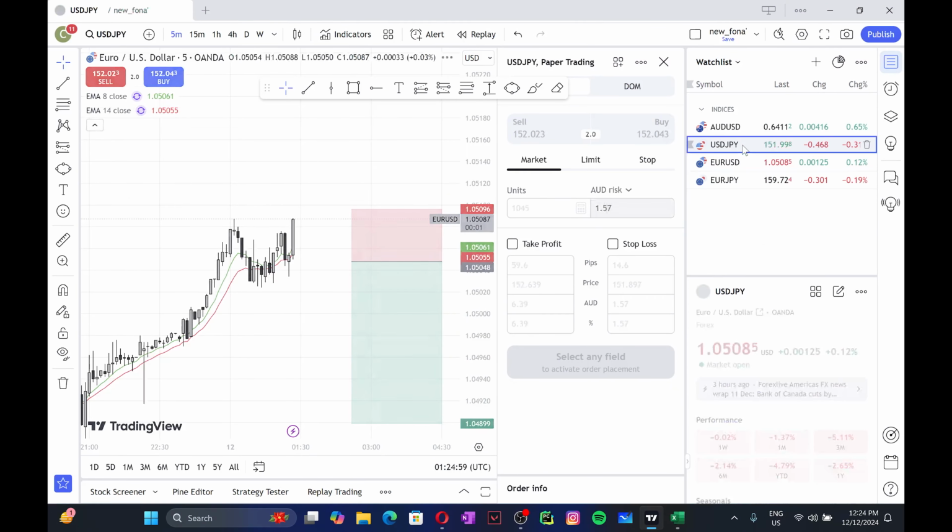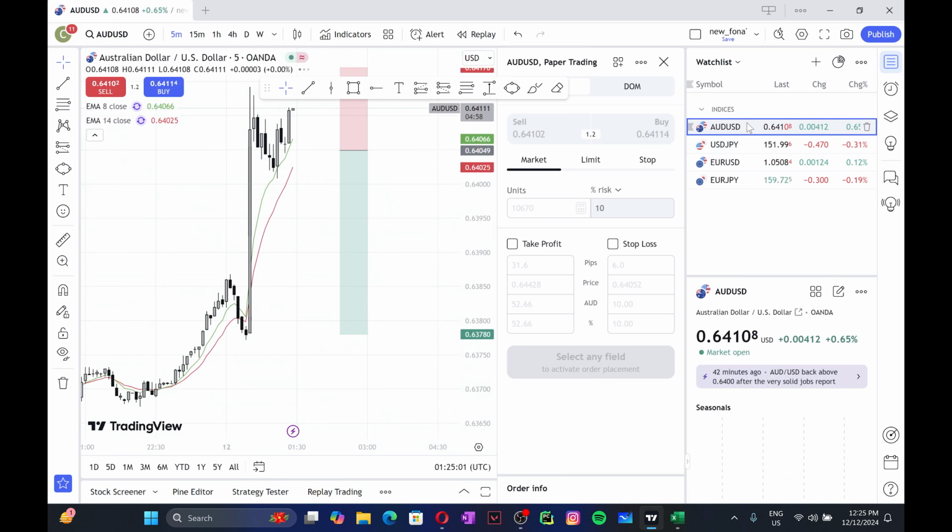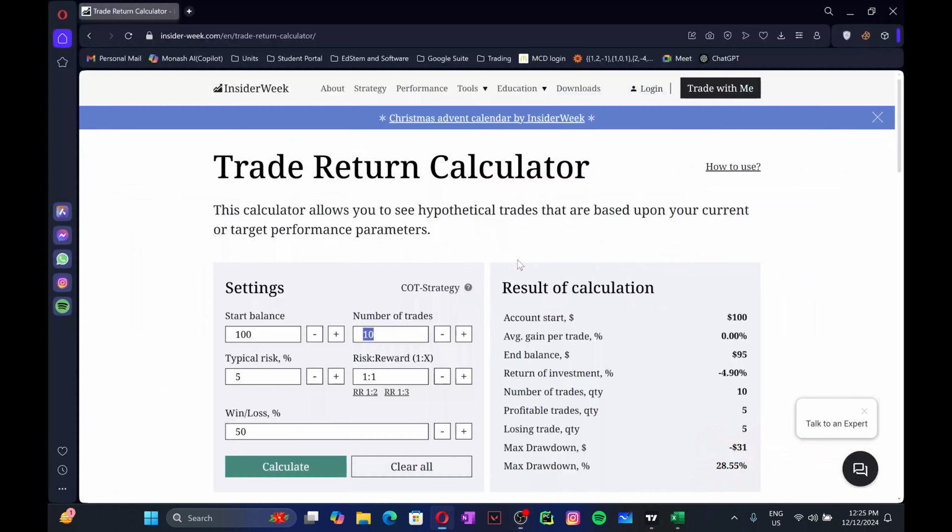Okay, let's see. I don't want to miss out on this as well. Let's say that per day I'll be taking about 3 trades, and for 5 days that's gonna be 15 trades. So 15 trades would be adding up to, if I have a 5% risk and a 1:1 risk to reward ratio, that would be that. And if I had a 1:2, that would be 150. I would get $50 benefit.